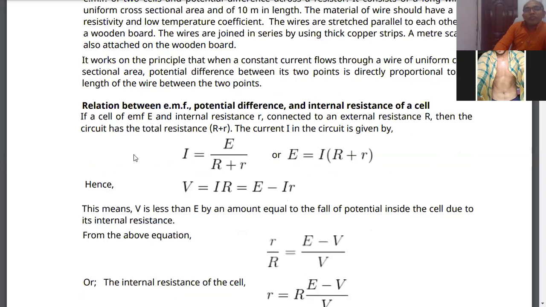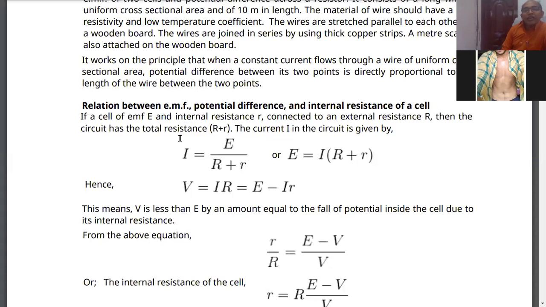Mathematical part of this experiment is that we must follow the relations and previous knowledge that you would have studied in Ohm's law. That is, potential difference across the ends of a conductor is proportional to current, and hence potential difference is just equal to product of current and resistance of the conductor. So here,